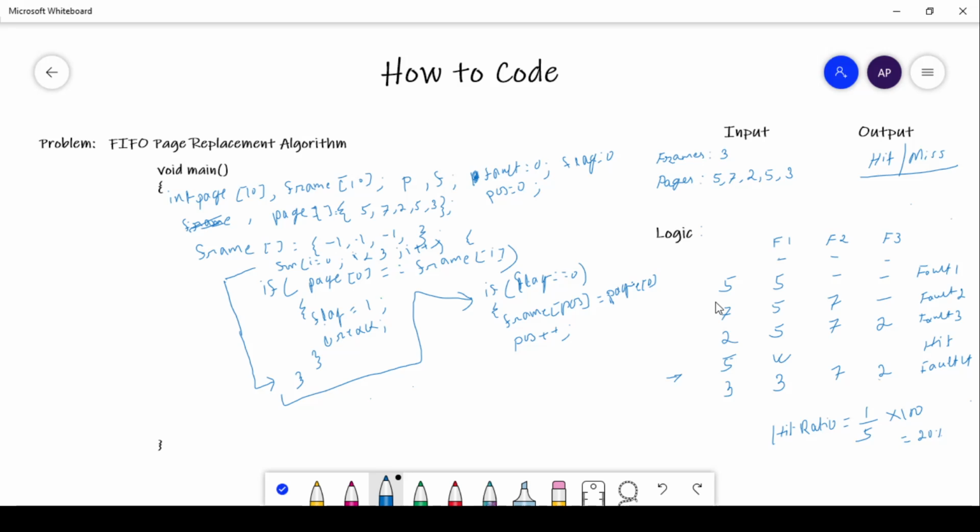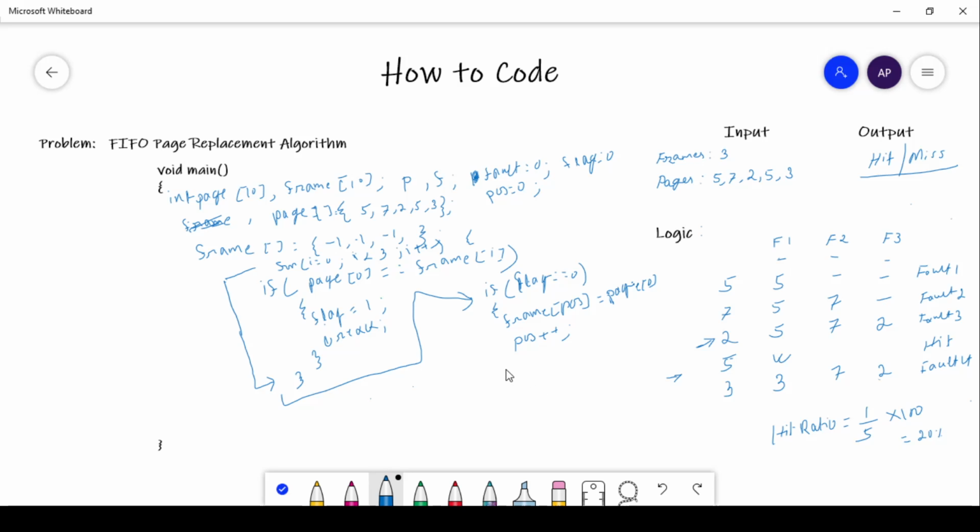Now if the frame limit is complete, then what do we have to do? Obviously this is first in first out code, so the position variable should again point to the first location. In this code we can handle up to 2, but after that the limit is complete, the quota is complete, so we have to again point to the first location.